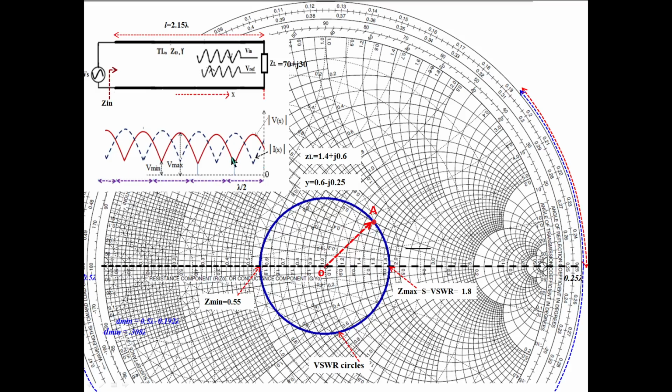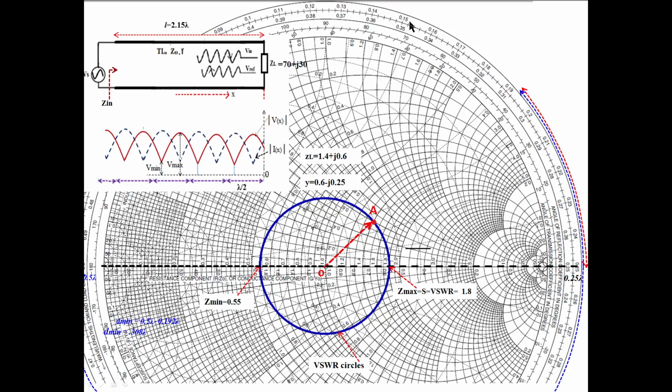Okay, so it may be 3 lambda. For any number of lambda, if 3 lambda is there, then how many times do we have to move here? 6 times we have to rotate over this. And afterwards, after completing 6 rotations, you think how much distance is left from here, and you go those many divisions. Stop and find out the value. I already told you how: 0.15 lambda means 15 divisions we have to go.